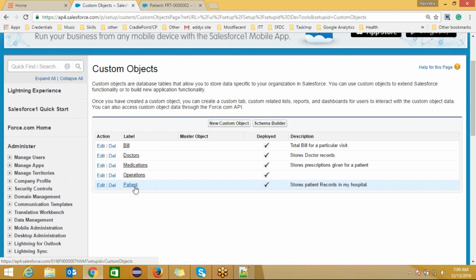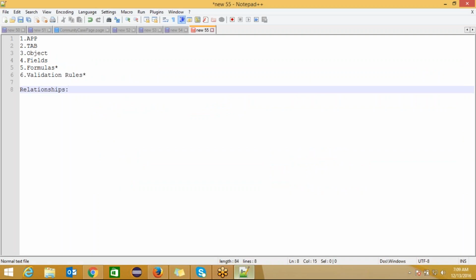In this scenario, patient is my parent record. To create a bill, a medication, or an operation record, there should be a patient. If the patient exists in my system, then only for that patient can I create a medication record or a bill record. So here all relationships will be based on